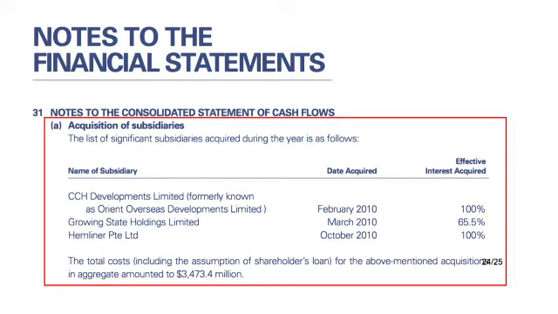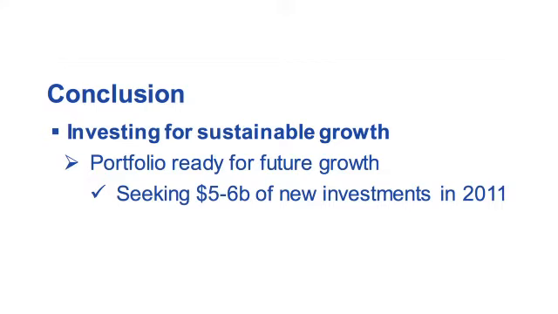Precisely. And you can also tell that from what management is saying they're going to do. With the cash that they already have on hand, $7.2 billion, with the financial flexibility that they have to be able to generate at least another $6 billion if they choose to increase their debt to equity ratio, with the ability to sustain their cash flow from the CFO or the cash flow from operating activities, they are ready to seek $5 to $6 billion of new investments in 2011 to invest in sustainable growth.